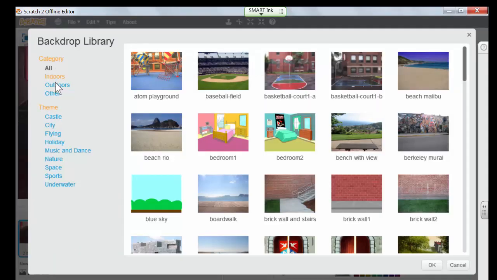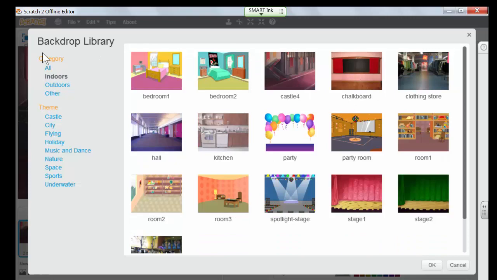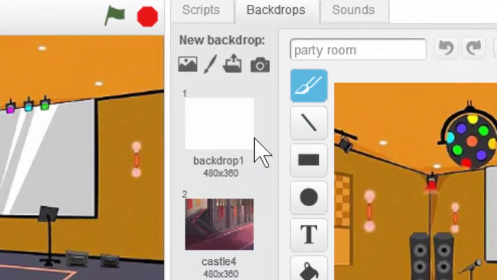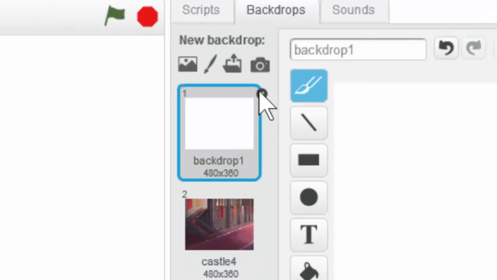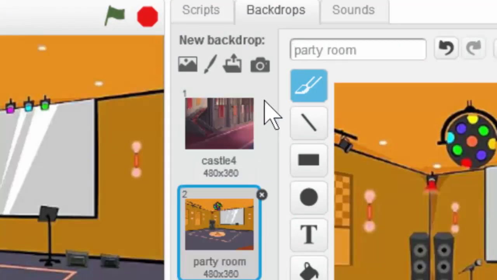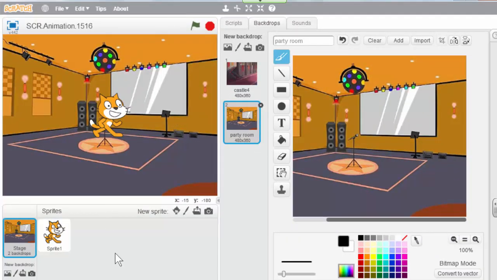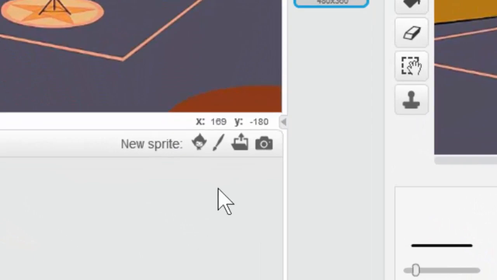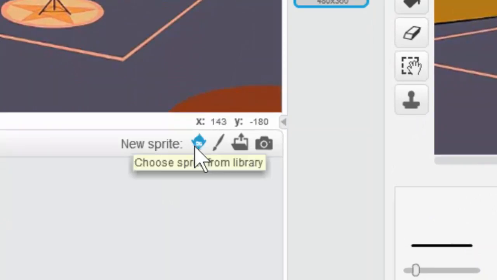and then I need an indoor location, the party room. And I click OK. Now once I have these in place, I can click up here on Backdrop 1 and simply click X, and it's gone. Next, I will add the Prince and Princess, and I'm going to grab those from New Sprite, choosing